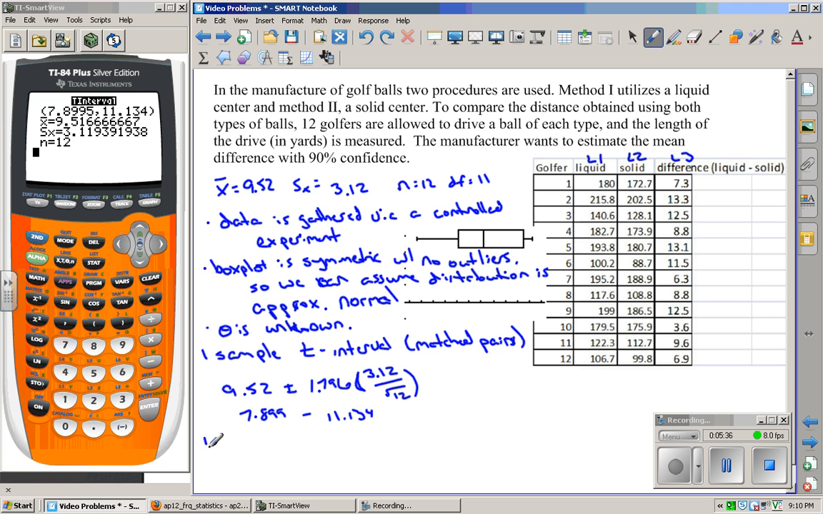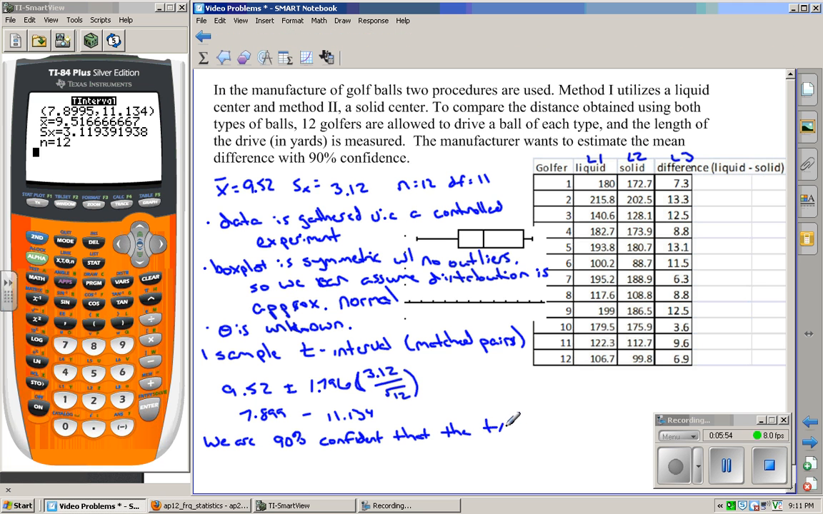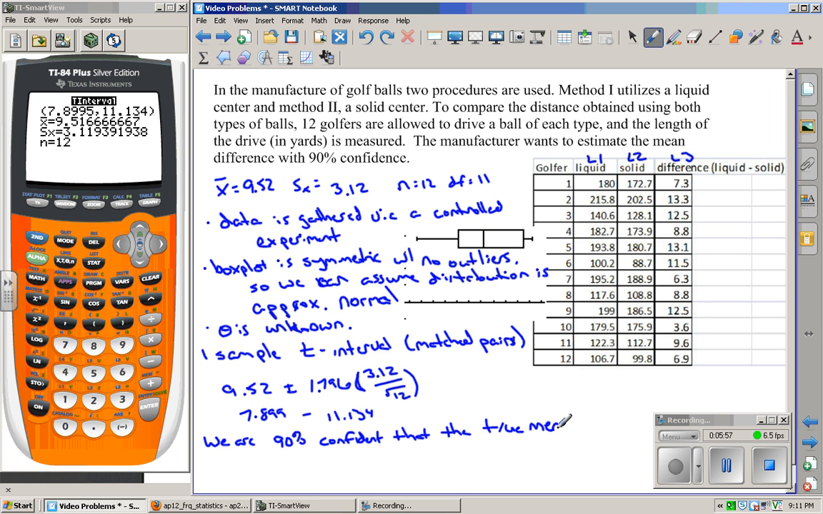So the final step would be to make a conclusion. We would say we are 90% confident that the true mean difference in drive length of golf balls